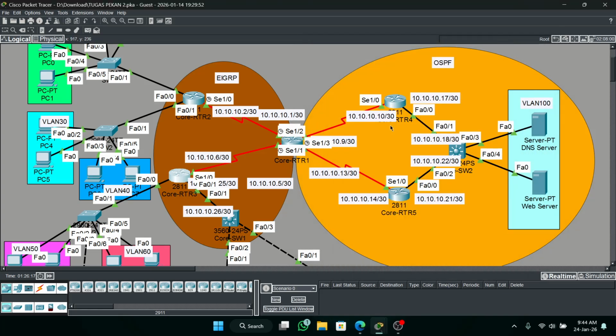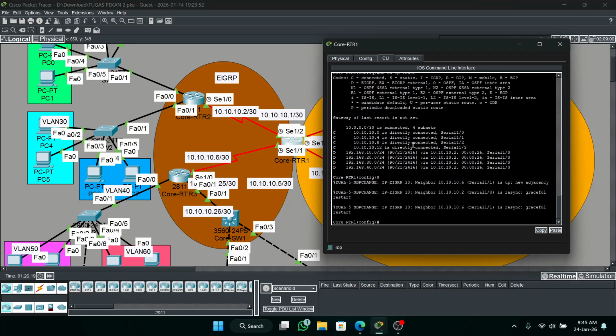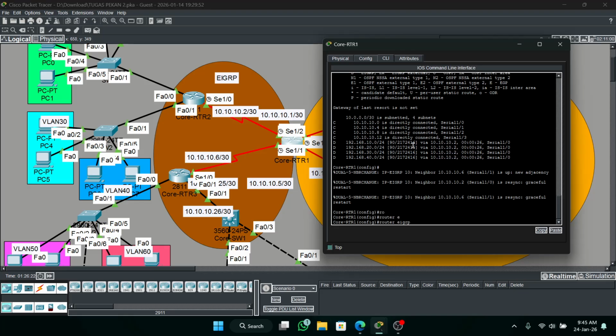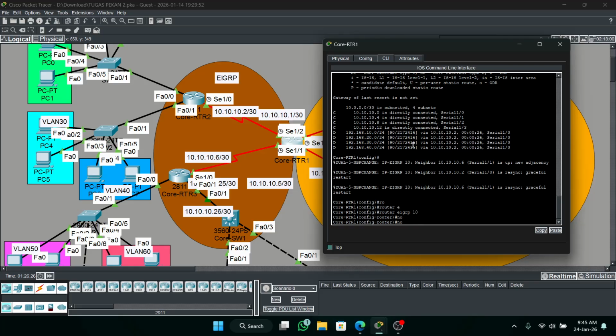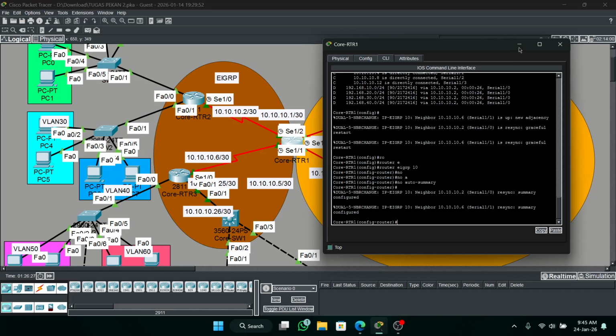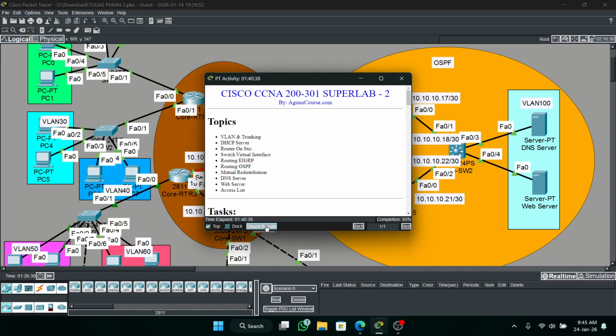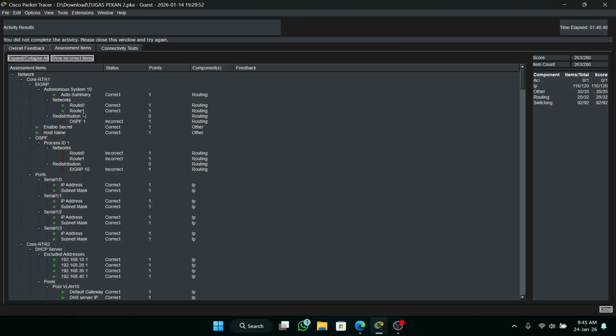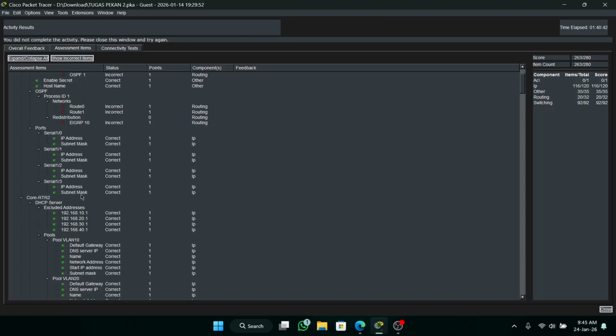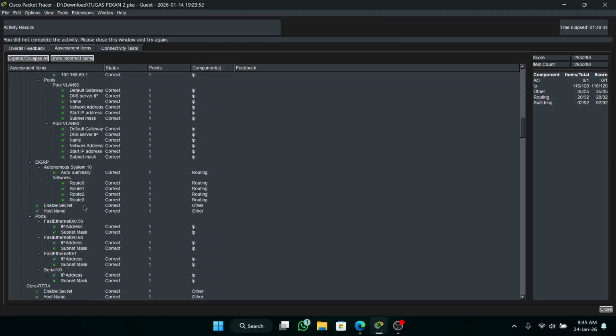Okay, this is too in router 1, 10, no auto summary. Okay, check again. Okay, 93%. Okay, correct all.